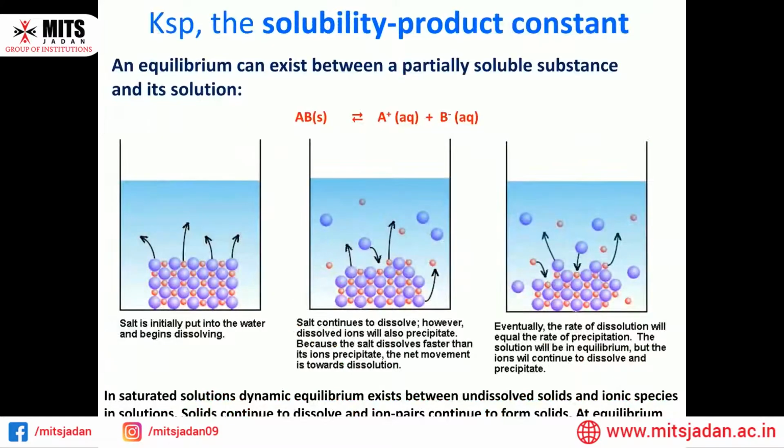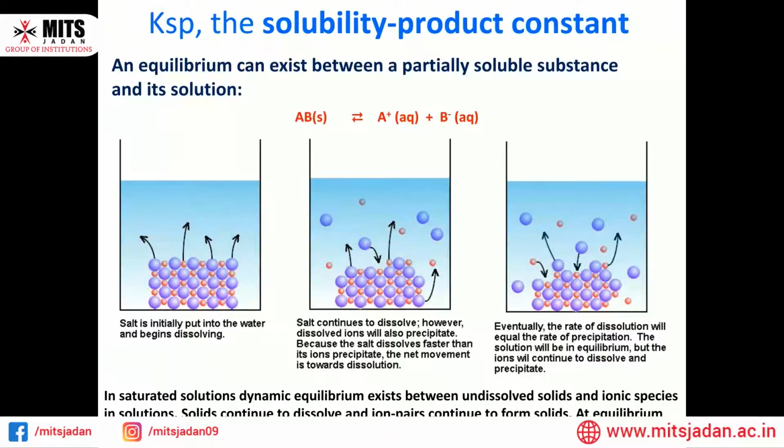Now come to the next slide. Solubility product constant, that is also expressed by the symbol Ksp. Solubility equilibrium is a type of dynamic equilibrium that exists when a chemical compound in the solid state is in chemical equilibrium with the solution of that compound. Solubility product constant is a simplified equilibrium constant Ksp defined for equilibrium between a solid and its respective ions in a solution. Its value indicates the degree to which a compound dissociates in water. The higher the solubility product constant, the more soluble the compound.